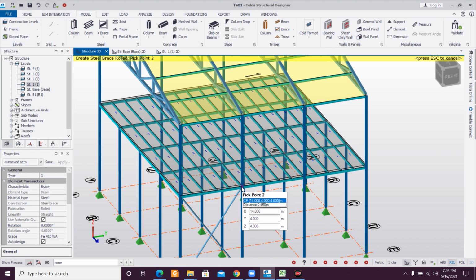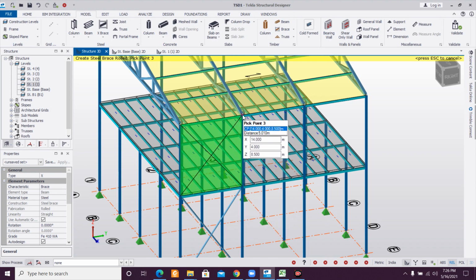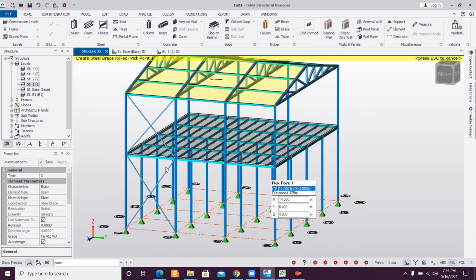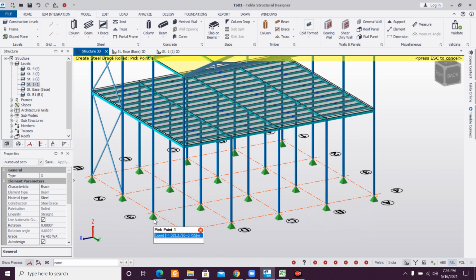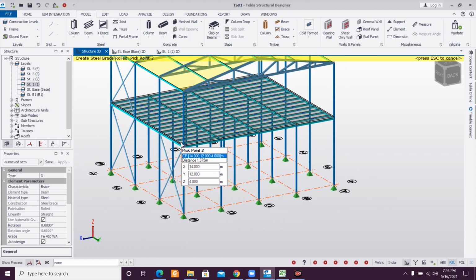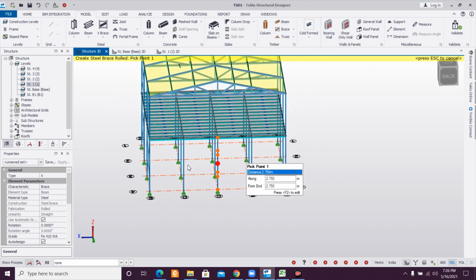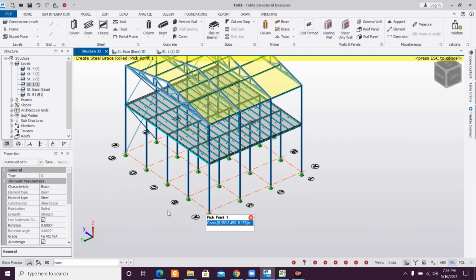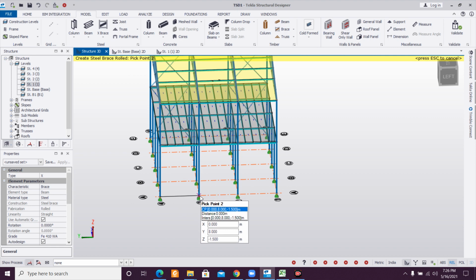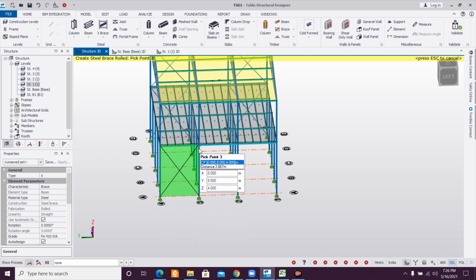1, 2, double click here. This also does. So you can apply both the procedure, single click, and then here double click. Similarly, single click, here double click. We're applying the bracings here, and let's apply here also, single click, double click.